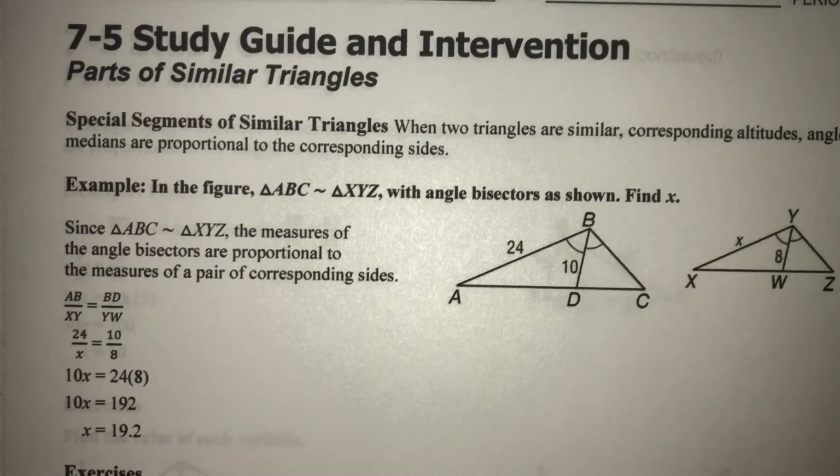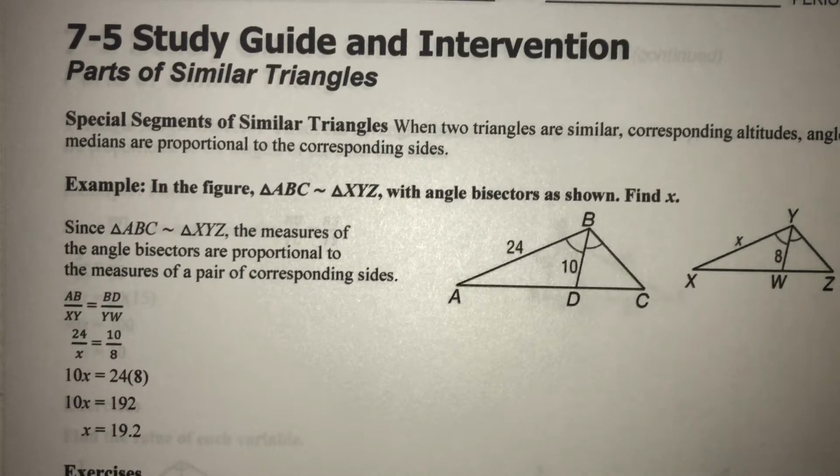This lesson video is reviewing Chapter 7, Lesson 5, parts of similar triangles. So we've been talking in this whole Chapter 7 about proportions and similarity, right? And in 7-3, I believe, we talked about similar triangles. So taking a triangle and either enlarging it or shrinking it, but proportionally. So we don't really change the shape of the triangle, we just change how big or how small it is,